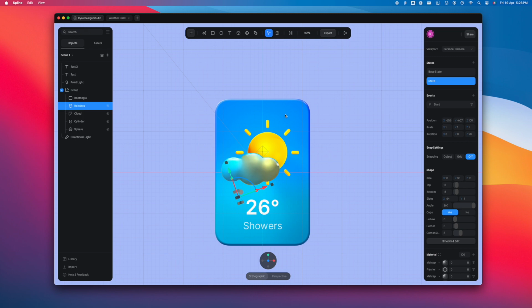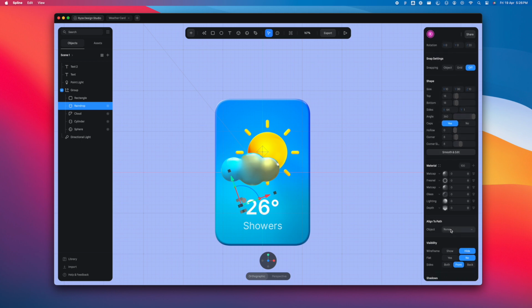Well, I want the raindrop to go further down. With the animation in place now, I'm going to just select the raindrop and hold these handles right here and push the raindrop further down, just like this. And I want it to sort of just be on top of the text a little bit. So yeah, just do that.